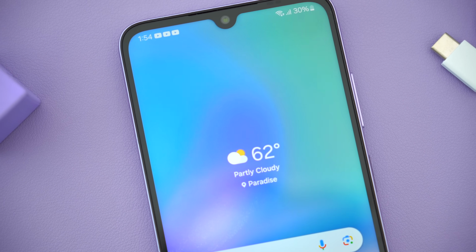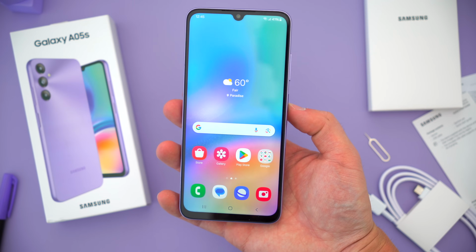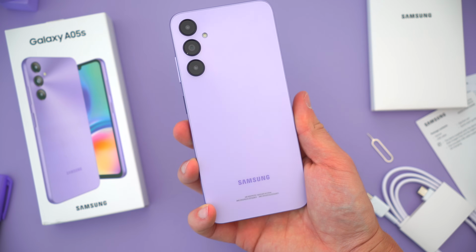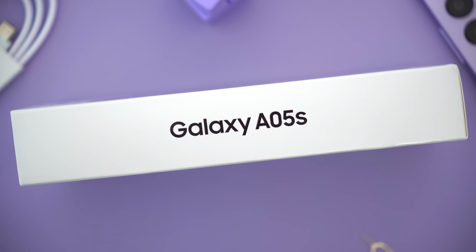Both A05s are widely available in most Asia-Pacific regions right now, parts of Europe, and will likely be launched for US carriers later on, but no matter where you live, right now you can snag them unlocked directly from Samsung online and from various third-party retailers like Amazon and Walmart. And if you want to do some comparison shopping of your own, I'll leave some links down below in the